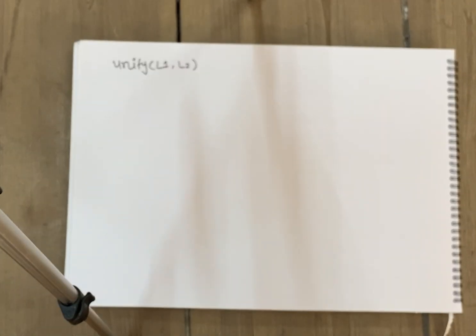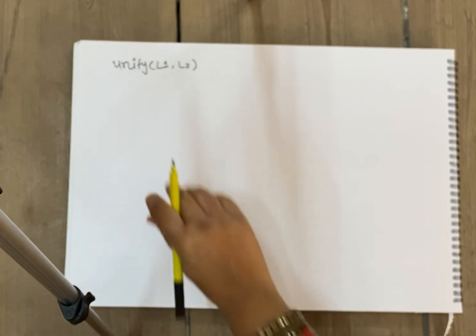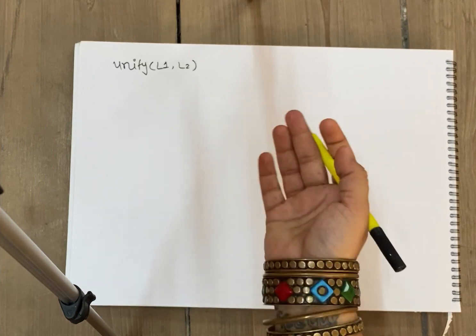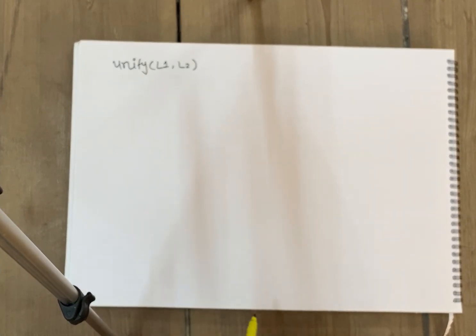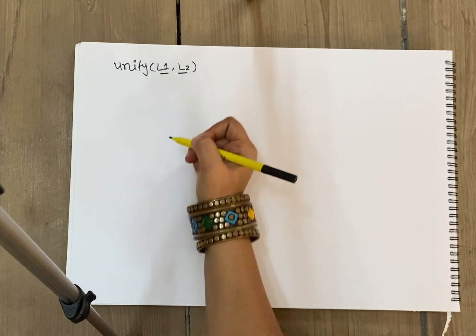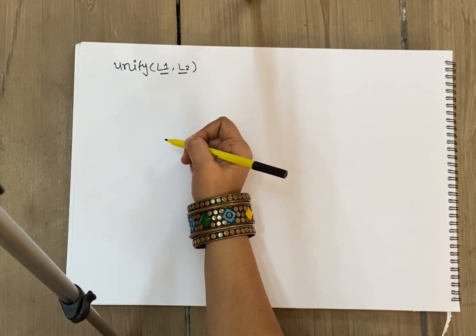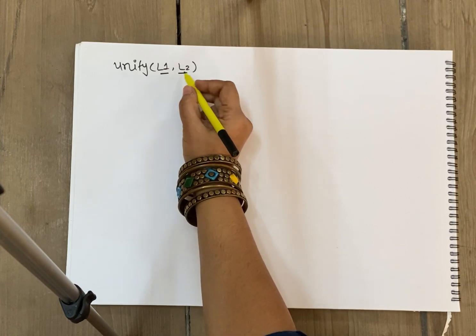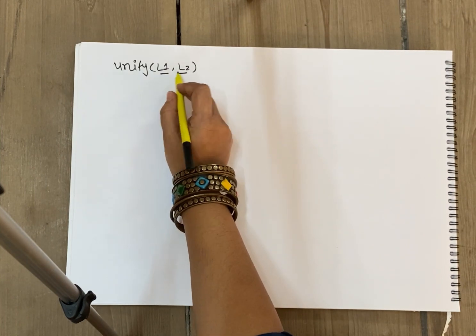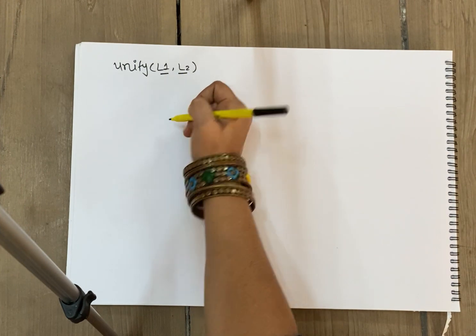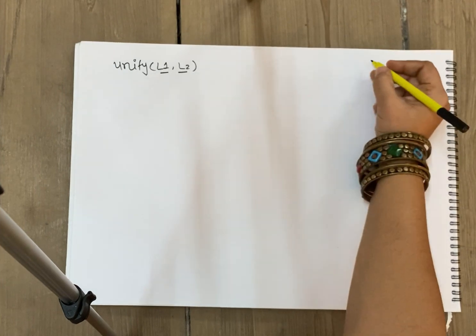Now see, we are not right now clear what L1 and L2 are. We are talking about resolution in terms of facts and predicates which we are actually going to apply, not propositional logic. So L1 and L2 can be predicates with arguments or without arguments, or they can be variables also. We are not clear whether they are atoms, variables, predicates with arguments, and so on. So what are the different possibilities?